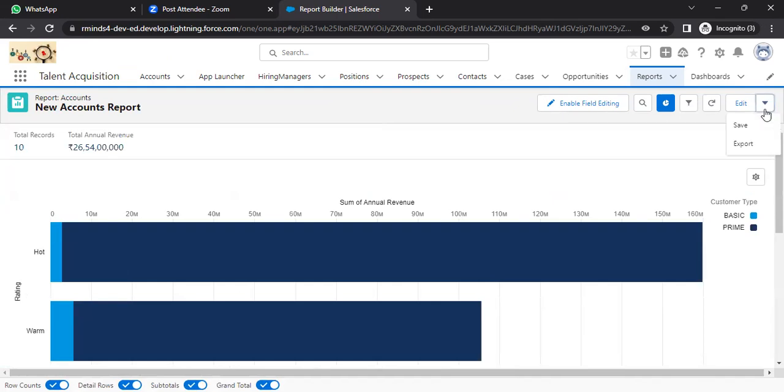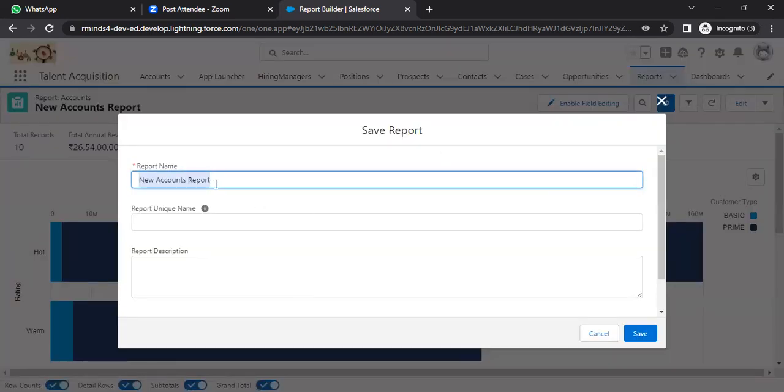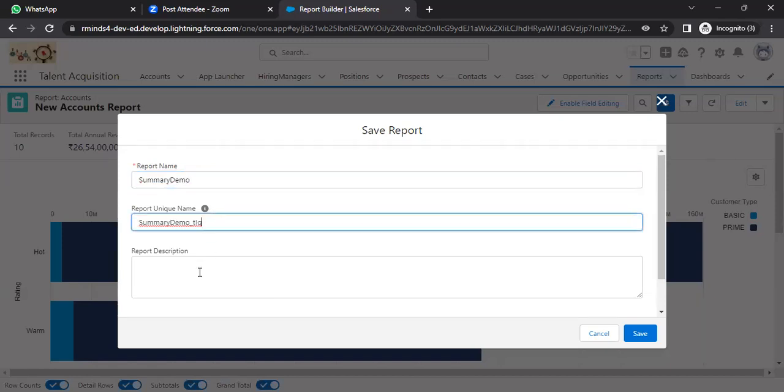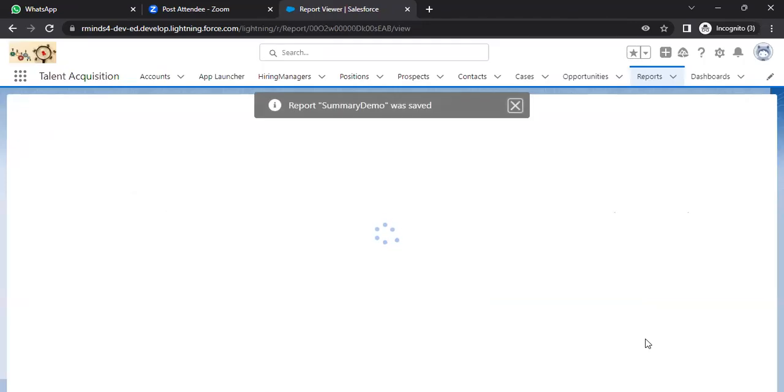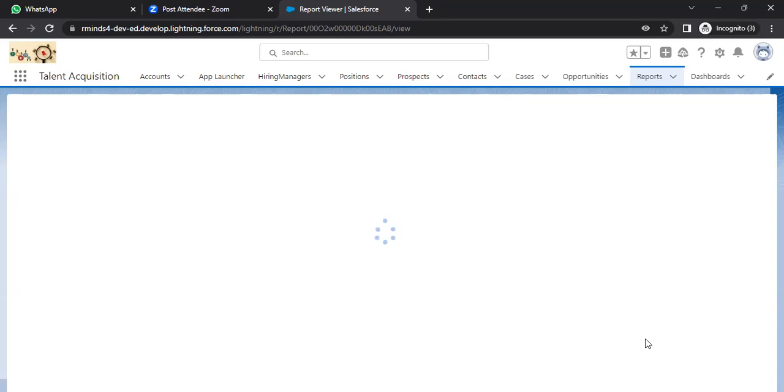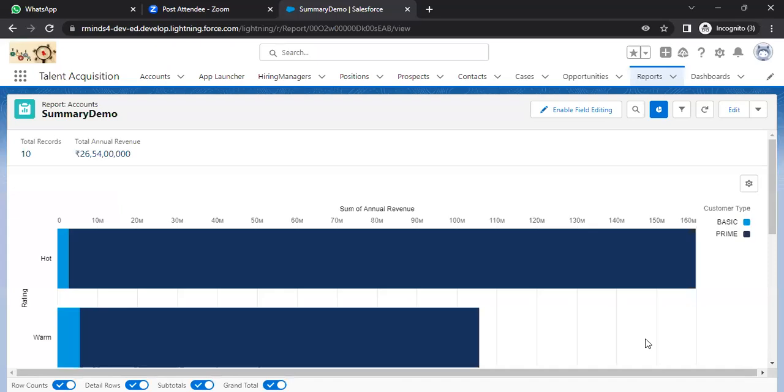You can save the report. So the report name is summary demo. Okay. Give description if you want. Save. Okay. So now your report has been saved and see, previously we only had the save button, right? Now we have multiple things here. If you notice,